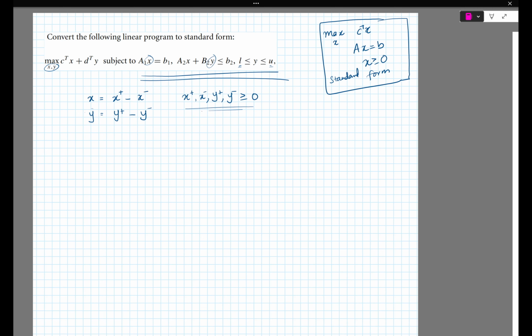So then what do we get? You will have a1 x plus minus a1 x minus equal to b1, a2 x plus minus a2 x minus plus b2 y plus minus b2 y minus less than or equal to b2, and you have y plus minus y minus less than or equal to u, and y plus minus y minus greater than or equal to L. Okay,